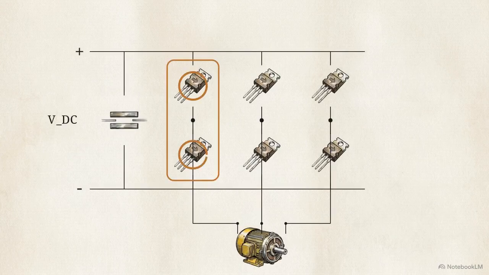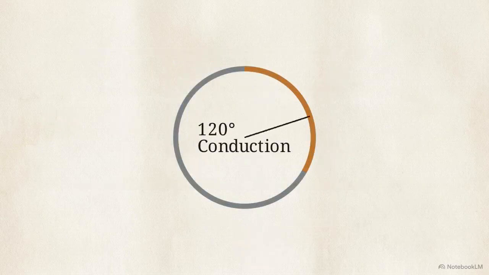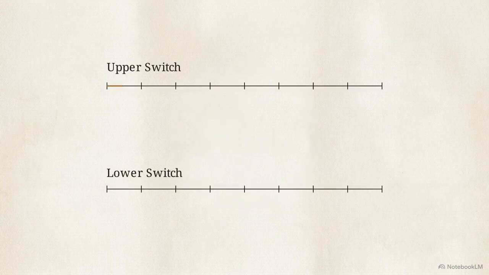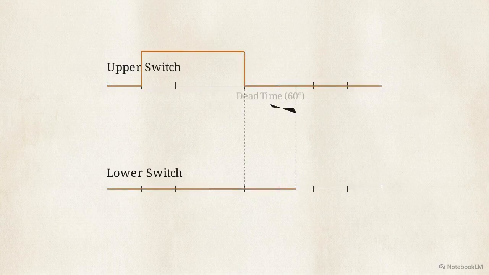When an upper and lower switch on the same vertical leg transition simultaneously, there is a split-second overlap where both are on. This creates a catastrophic shoot-through short circuit that bypasses the load entirely. Engineers solve this by utilizing a 120-degree conduction mode instead. By mathematically forcing a 60-degree dead time gap between an upper switch turning off and a lower switch turning on,